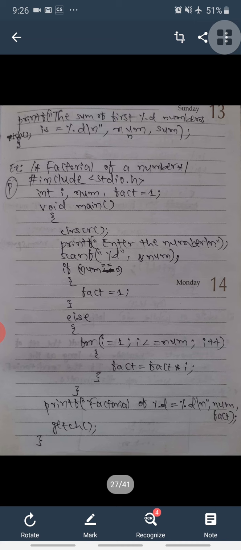And go back to the increment part, i++, then increase the value of i. Now this time i value is 6. 6 is less than or equal to 5? The condition is false. Now control comes out of the for loop as well as it comes out of the else